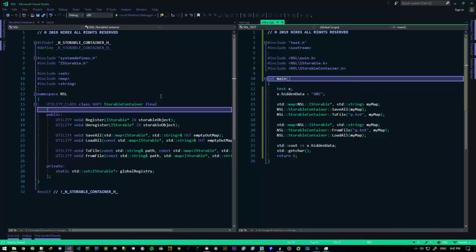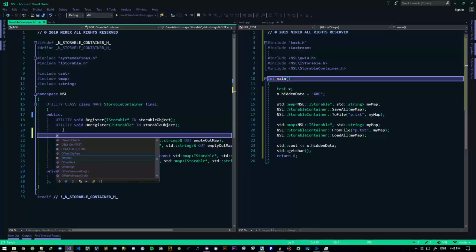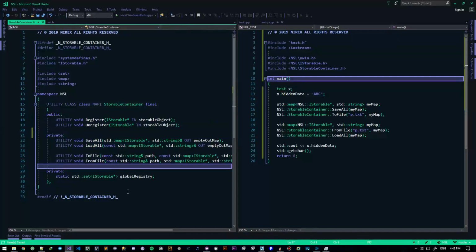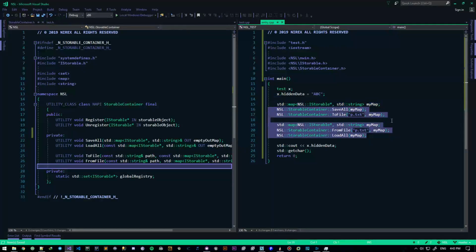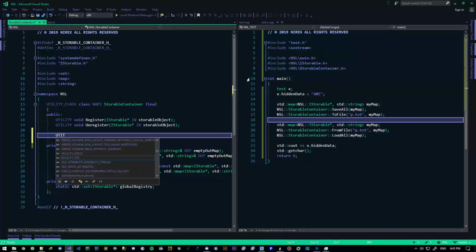So I decided that this could be put into some good use. We need to make everything a bit better. So I'm just gonna put the public guy down here and actually make it private. Well, just do these private. These are private. We can't really access these as we go. All right, we just need to do save all, load all, just like that. So we have another utility